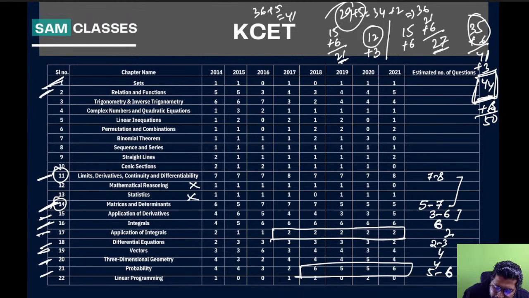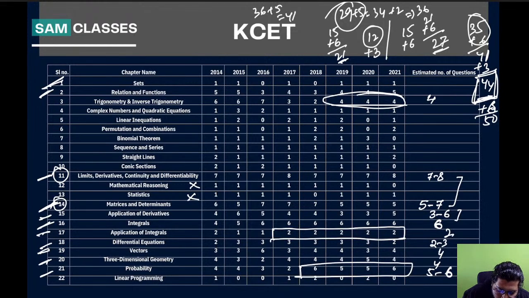Again, Trigo. If you see the last 3 years, Trigo and ITF, how many questions? Minimum 4. So you can go for this. This is the order you should maintain: maths and det is easy scoring, so first go with that. Limits, derivatives and continuity next. After that, the other chapters which I told you, you can go in that order. Very good. So around 50 to 55, I'll be able to score now.